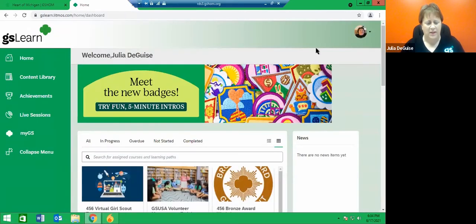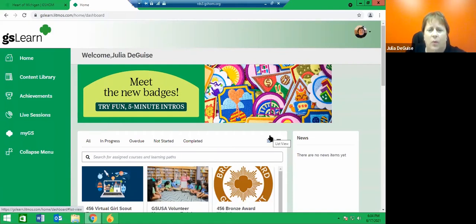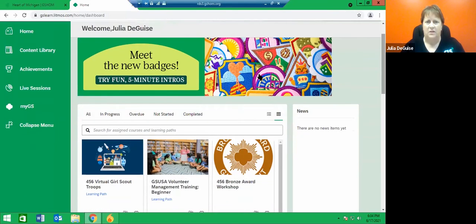All right, so when you get here, this is the first thing that you're going to see. Okay, and this is called your dashboard, and I'm going to use that word frequently. This is your dashboard, and this is where you're going to work from. This is where you're going to find all of the stuff that you need and all of the goodies. And this is where you'll find extra information that maybe you didn't know you were going to be able to access. So the first thing that you're going to see on here is the banner across the top. This changes frequently depending on what's going on with